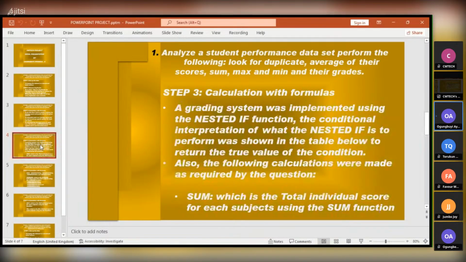Now, to get the grade, because I'm calculating grade now, in this case I'll be using a nested if function to get the grade for each data. I remember that a nested if function is a conditional statement. Like you create a conditional statement to, because in this case